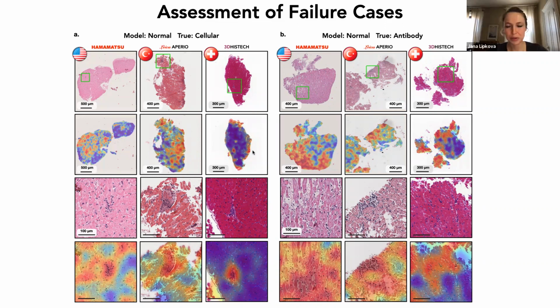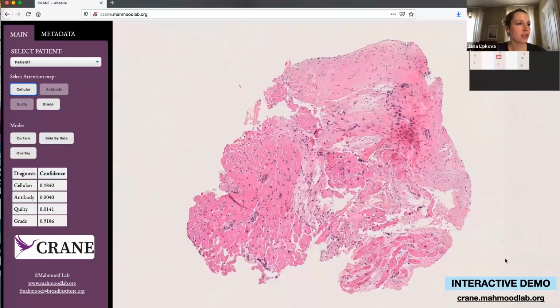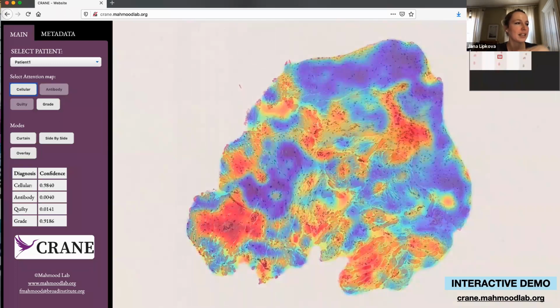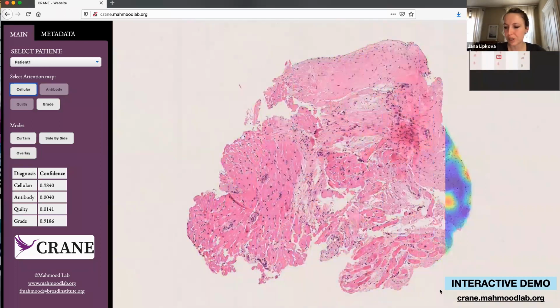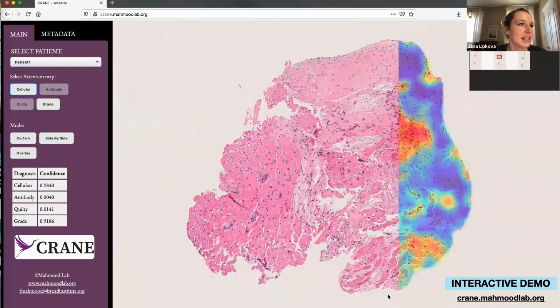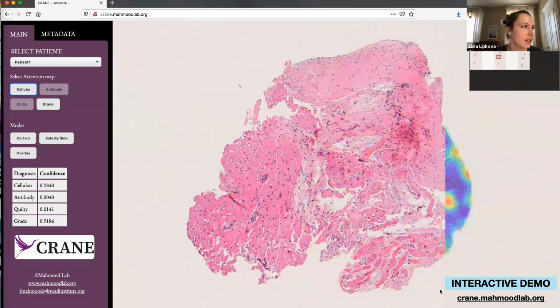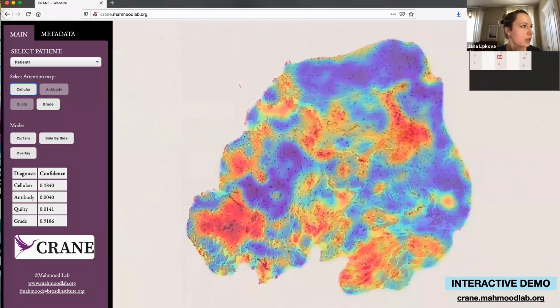So what I was trying to say, this is the way you can use the attention heat maps to validate and interpret the model predictions, but there's also motivation. Maybe you can use them as an assisting tool to guide pathologists, and it's something I will be showing you soon. Before that, just to advertise, we made a website where you can go and look at all these different attention heat maps and look at the data. You could look at the rejections, look at the slides and data and play around with attention heat maps. The website shows the whole slide, the attention heat maps, the predictions, and also the confidence of each prediction, which is shown on the left.